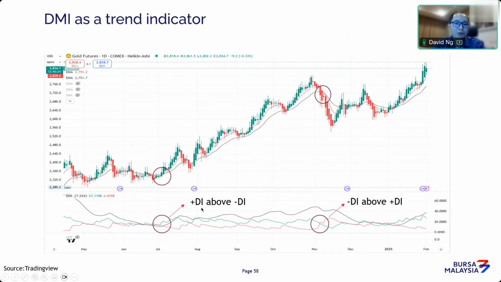Crossovers on DMI are simple. The moment you see the positive green line, the positive DI, cross above, it's telling you the market is poised to go higher. If you compare, it's sending you quite similar signals to moving average crossovers. Same goes here: you see when the negative DI crosses above the positive DI, it's telling you the market is going to hit a downtrend. And true enough, there's also a bearish crossover on the moving averages. So DMI crossovers and moving average crossovers are very similar in certain ways.